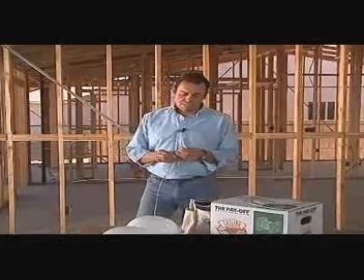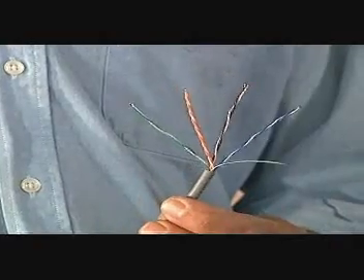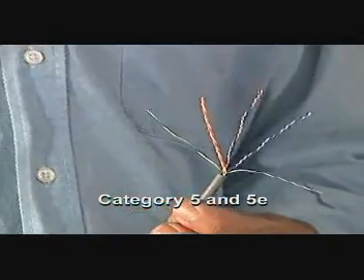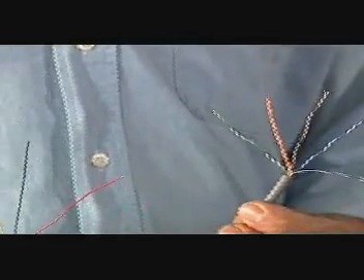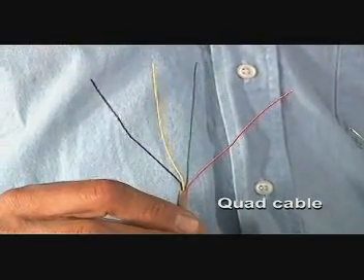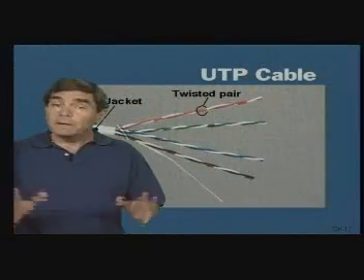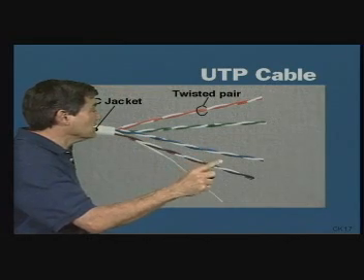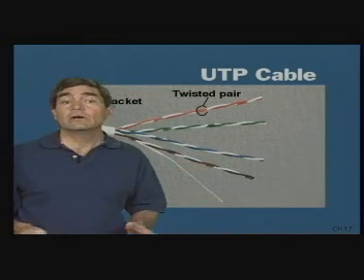Now, both voice and data services use twisted pair communications wire. It's called twisted pair, or TP, because it's got 4 pairs of wires twisted together. Older telco cable had 4 untwisted wires, called quad cable, but it's no longer used in new installations. The pairs of TP cable are 22 or 24 gauge copper, and the insulation is color-coded to help identify the